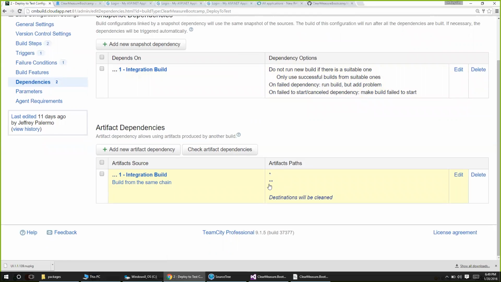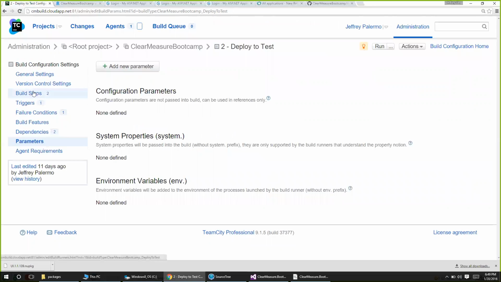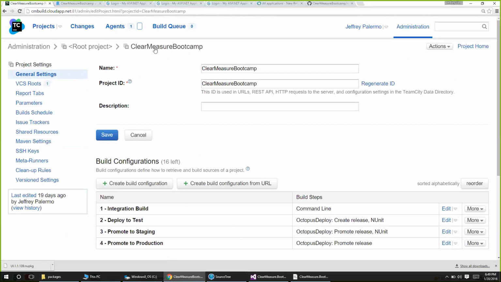So if you only had the single asterisk, it would just get the files at the top level of the artifacts. If you have star star, then it'll recursively chain down every directory and get everything. So if you literally want everything, you have star and then you have star on the second line. And that's pretty much the same thing. We don't have any parameters or whatnot. So let me go back and